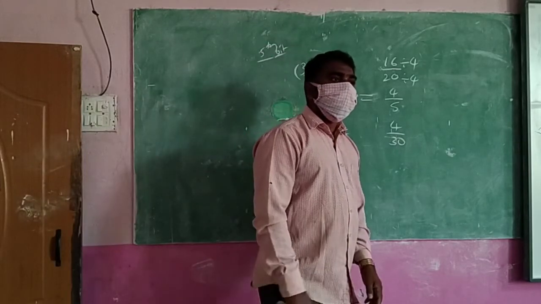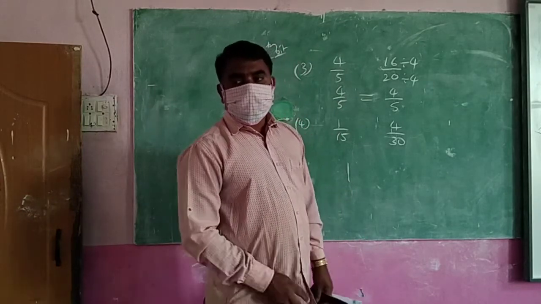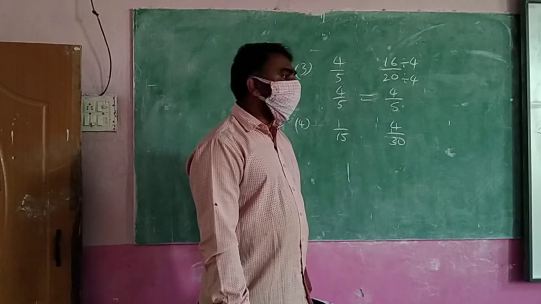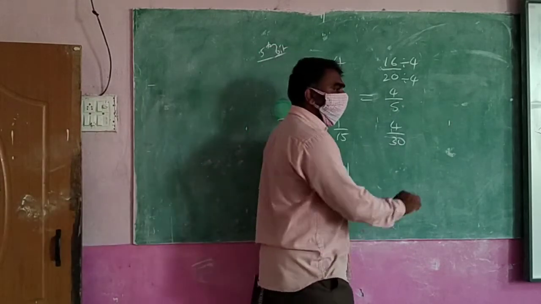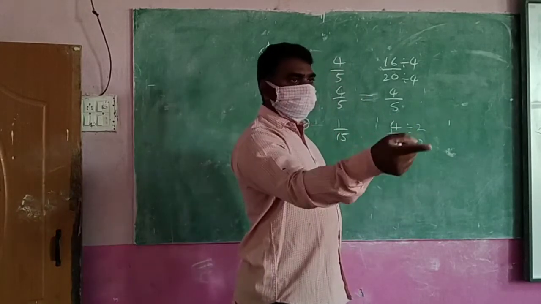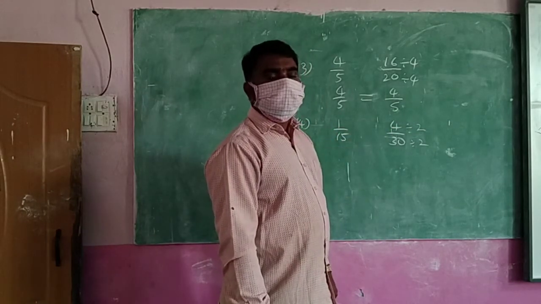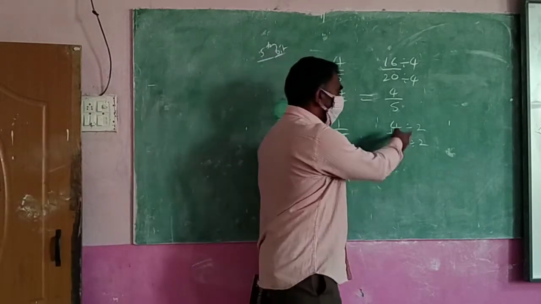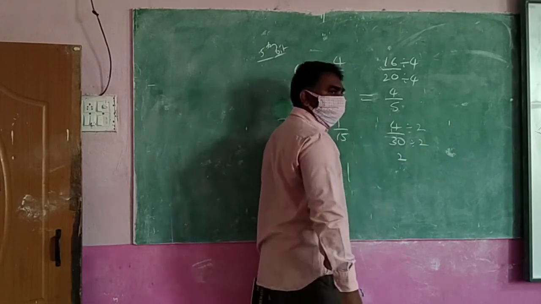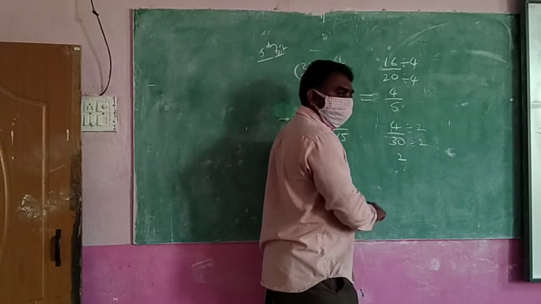Which table? 2 table. In 2 table 4 will come. Yes. In 2 table 30 will come. Both are also coming in same table. Then take it and divide. Before yesterday also I said, if they are coming in same table, you divide it. So here these are coming in same table for me. Divide it by 2 table. 2 2s are 4. How that 30 will come in two tables? 2 15s are 30.